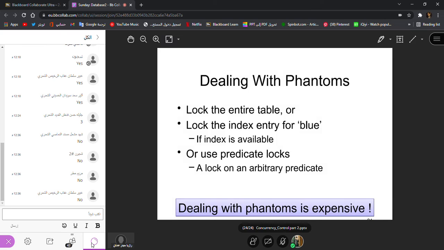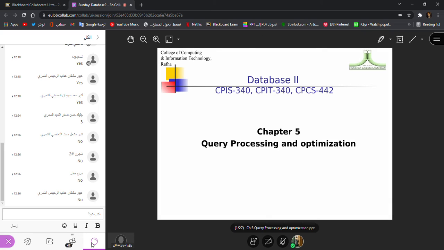Okay, so this is our chapter 5. This is query processing and optimization. In this chapter, up till now, we talked about many things: transactions, problems with transactions, then their concurrent execution, and when they are working concurrently together, what kind of problems we see. Okay, so serialization, and then how to deal with that. Then we talked about logs, and then recovery. Like if you have any problem and anomalies occur and you lose your data, then how to recover that data. Now, in chapter 5, we are going to talk about query processing and optimization.